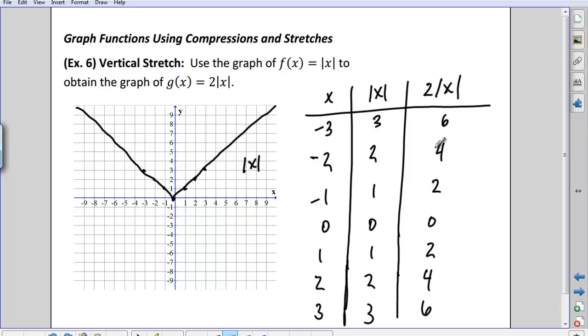Okay, so what does that new function look like? I'm doubling. Negative 3 is now at 6. Negative 2 is at 4. Negative 1 is at 2. 1 goes to 2. 2 goes to 4. 3 goes to 6. 4 would go to 8, right? Negative 4 would go to 8. So here's my new